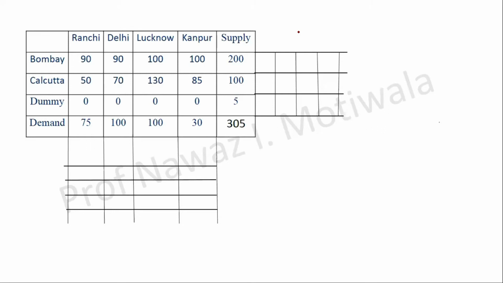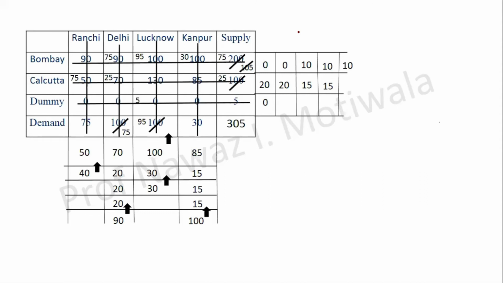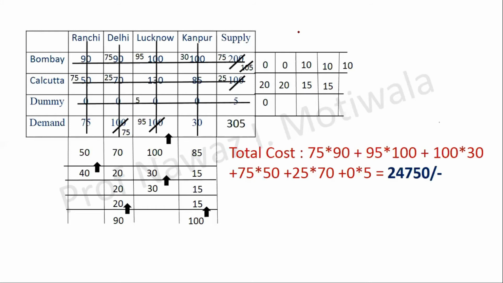Okay, so let me portray the solution. It is enough time. By this time it should have been completed. So the solution will be like this. Try it, it's nothing new. You have to just see the maximum penalty and then allot. If penalties are the same, you have to see the cost. If costs are also the same, you have to see where you can do maximum allocation. Using this logic, you can proceed further in the solution, and you will get the answer for total cost as 24750 units. So this is the total cost which I have found out.